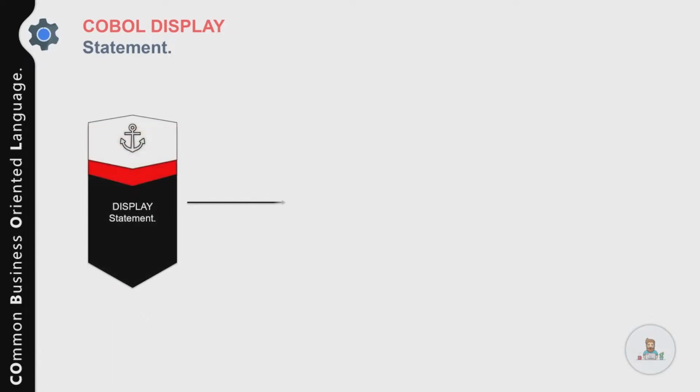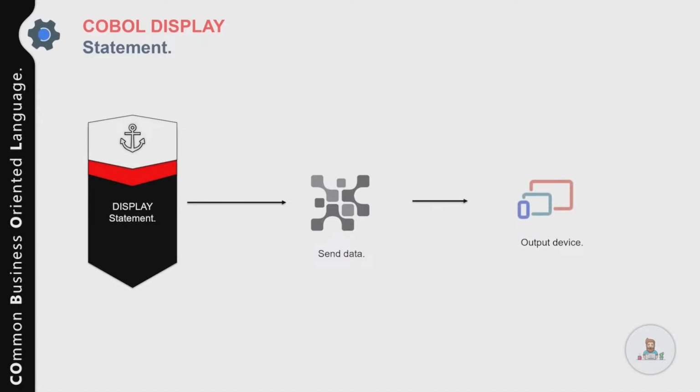Now let's talk about another important statement, that is the DISPLAY statement, and how you can use that in your COBOL program. The DISPLAY statement displays one or more literal or variable values on the screen of a monitor or a terminal. After it displays these values, the cursor moves to the next line on the screen. On an IBM mainframe, the DISPLAY statement sends its data to the SYSOUT device, and the contents are displayed on the output device in a specific order, that is from left to right, and in the sequence that you specified